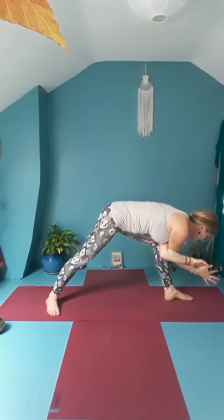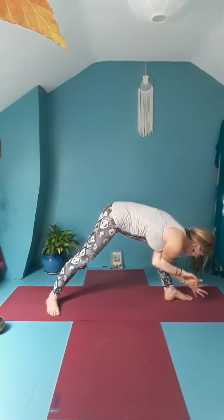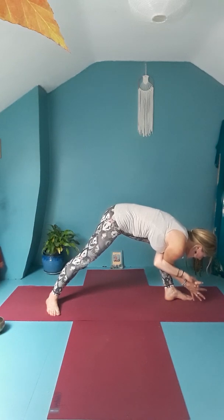Inhale here, and then as you exhale, option to fold forward, humbling your warrior. So your right shoulder moves towards the inside of your right knee. Good, taking a couple of breaths here, and then inhaling, coming up, opening up through your arms and turning to your left,